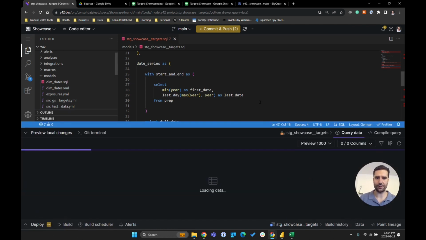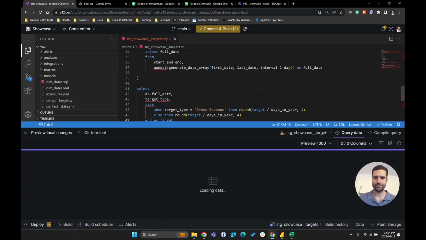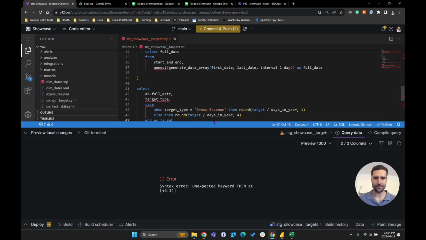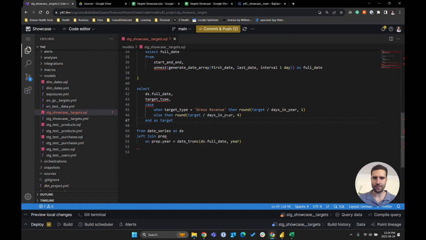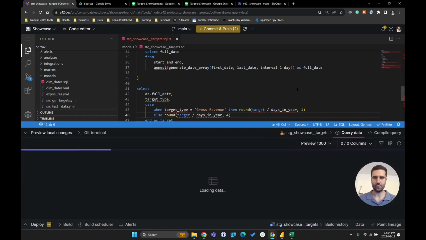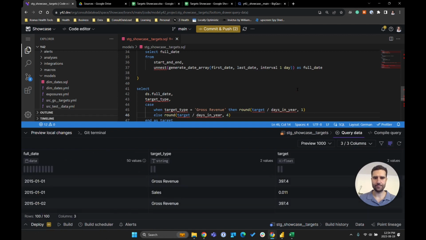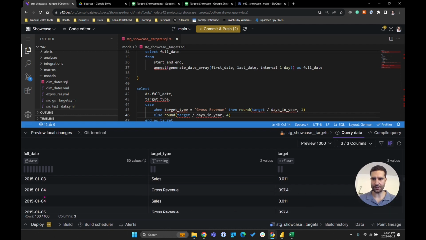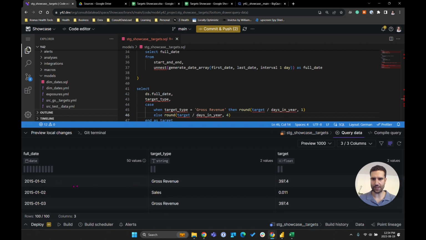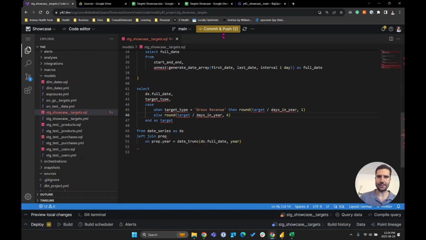Let's see if this works or if we have any kind of error in here. Okay, we do. Unexpected keyword. Okay, obviously else doesn't need it then. That's just for a case when structure, so let's try this again. Okay, so this looks pretty good. Now here you can see a very small number, but this should be fine. Okay, and now here you can see for each target type, every day we have a target. So this is pretty much already what we want,